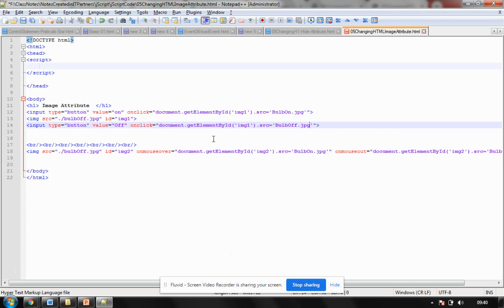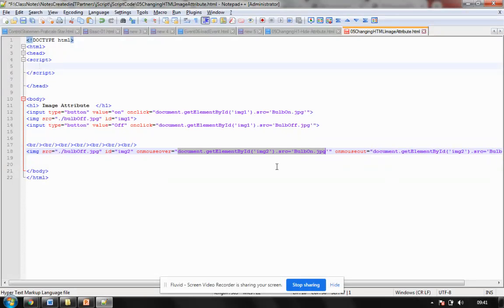So how is that done? It's very simple. There's one more event. Basically it is done on the click event. So when I click on this, I change my source path to the on button or I change my source path to the off button. Even the same thing can be done with the mouse over event. That means when my mouse is over the image and when it is out of the image, I'm writing the same commands.